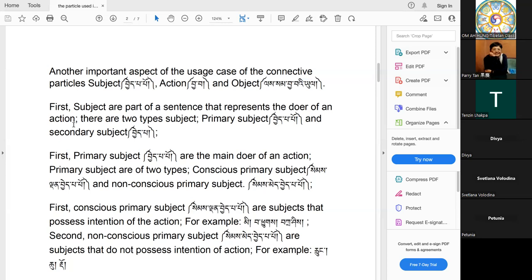Things like a hammer, an axe, or a car cannot be main subjects because they require a person to do those actions. So there are two types. When I say main doer, these are phenomena or things that can do action by themselves without relying on